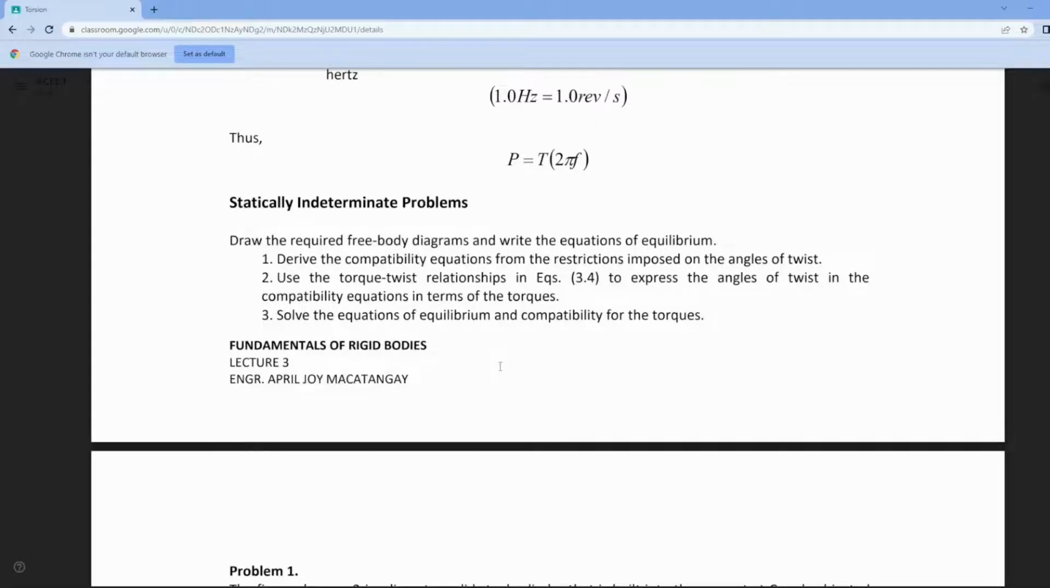Next, we have statically indeterminate problems. Okay, this is a technique, guys, a process to solve if you are given a statically indeterminate problem. What is statically indeterminate? It is when you have more unknowns than